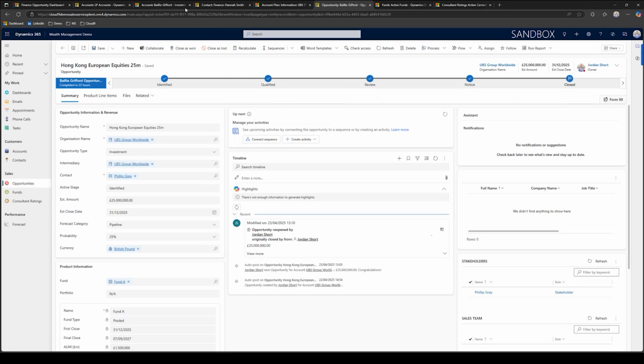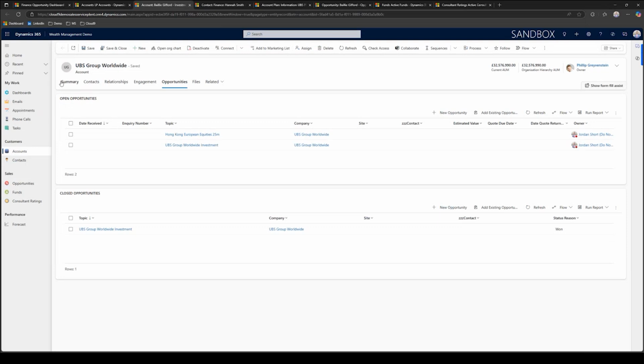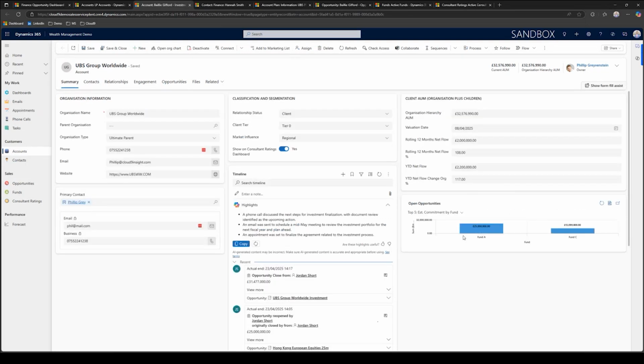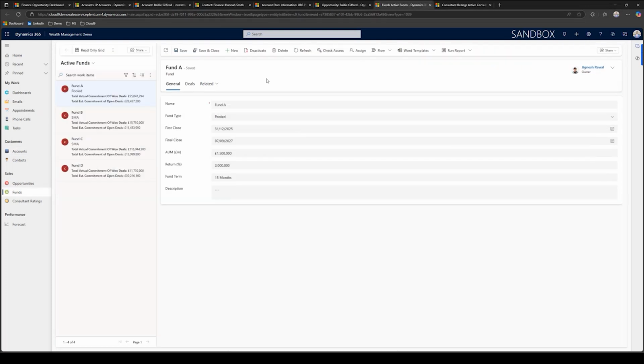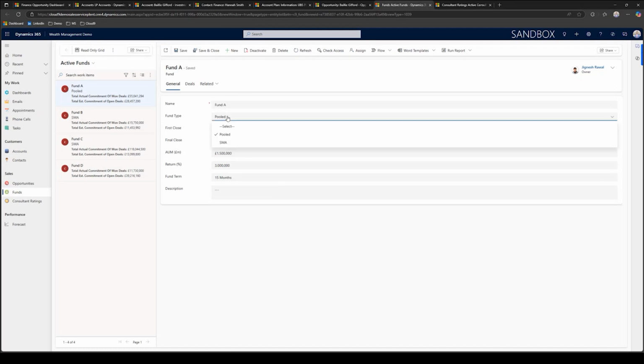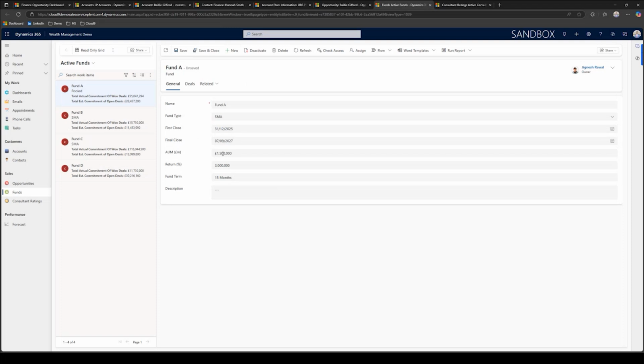Okay. So that's going to be giving us the detail on what opportunities are feeding into the commitment of our individual funds. But of course, funds can also be viewed within the system from the other side as well, not just at account level, but also specific to the fund. So we've got some information here as to what this fund is, what type of fund it is, is it pooled, is it an SMA fund, the first versus final close, the AUM information, the return percentage, the fund term. Again, all of this can be tailored specific to the requirements that your organization would have,